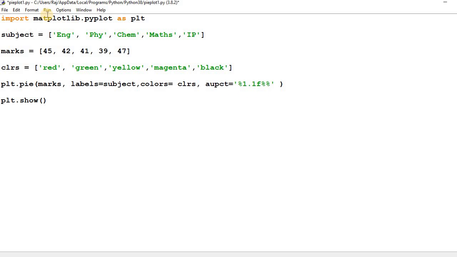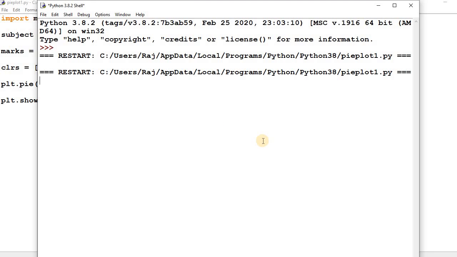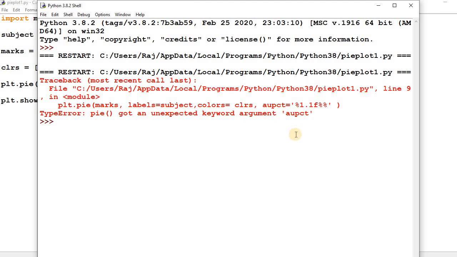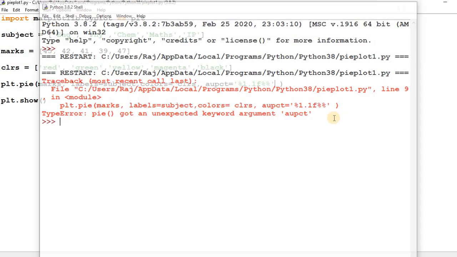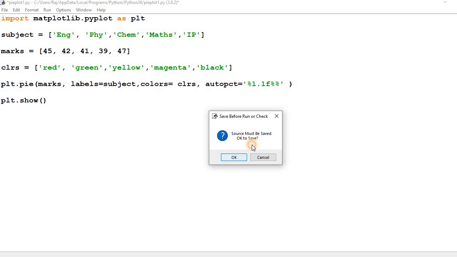We can check the impact of this code, then run the program. The spelling of autopct is not correct, so autopct. Okay, now run the program.